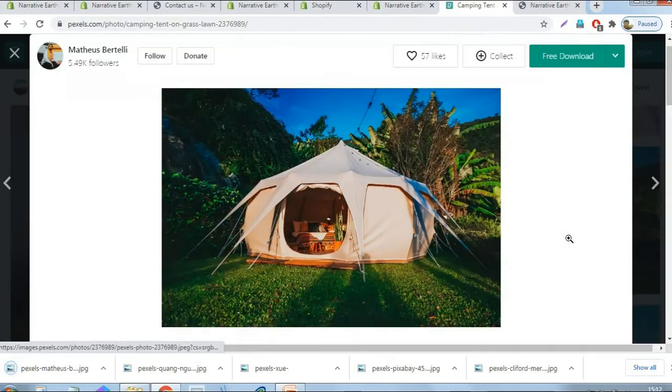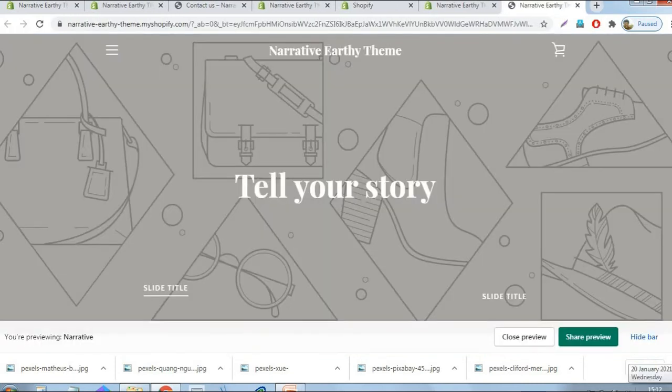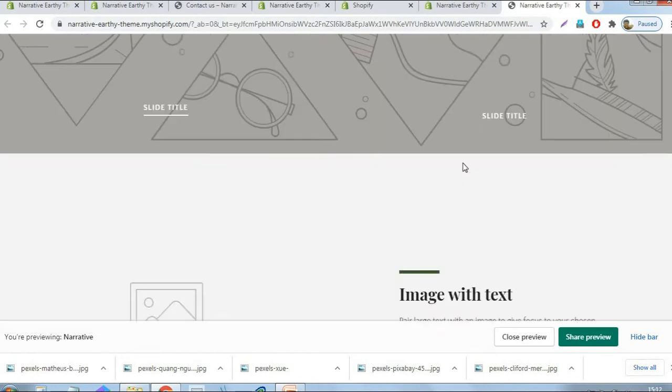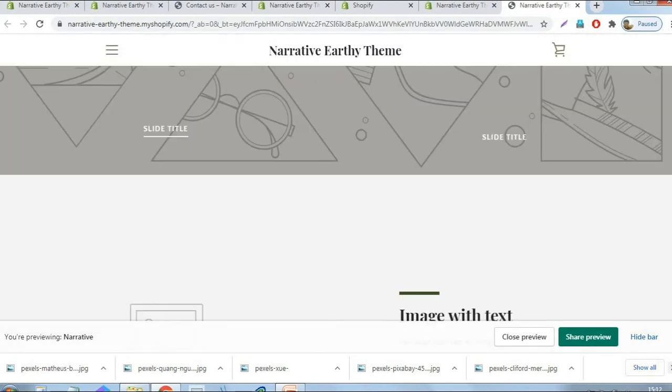That's enough, I think. Just close this website. We have enough free stock photographs for our store. It's time to optimize our web store in theme settings.